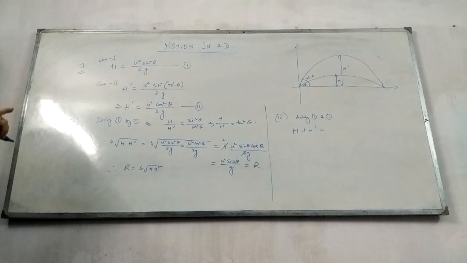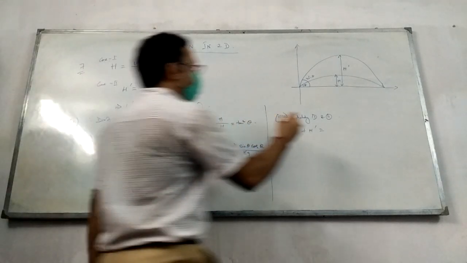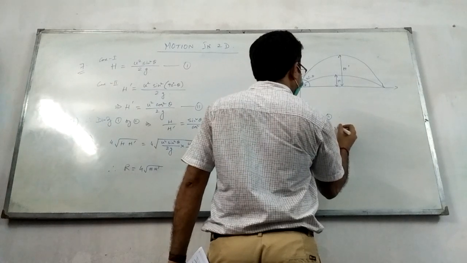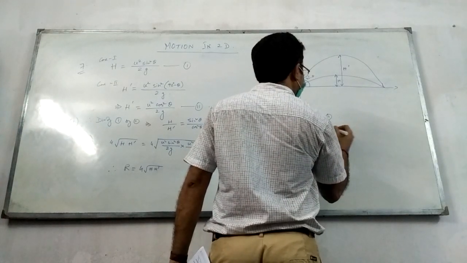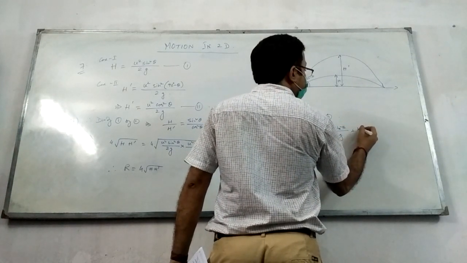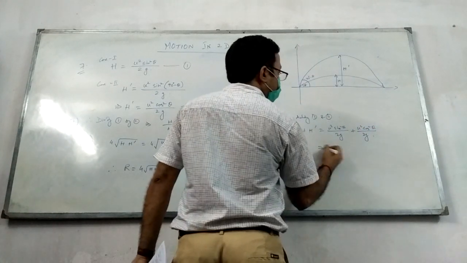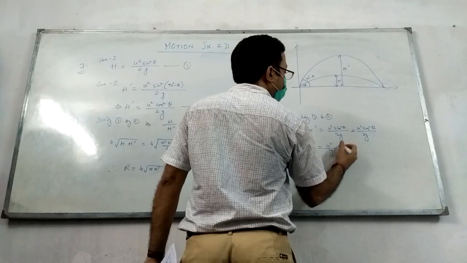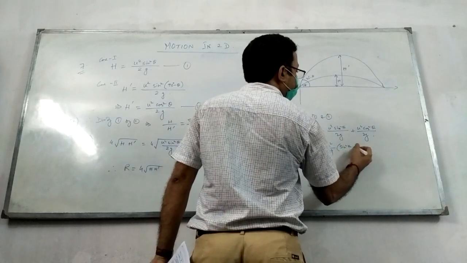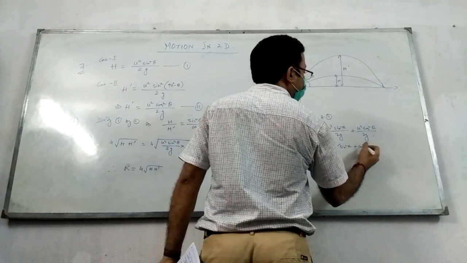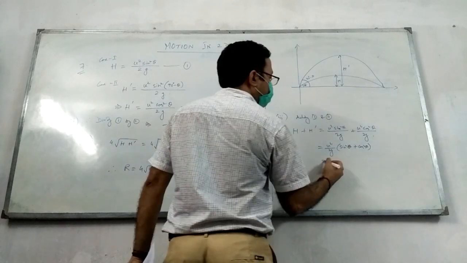Sin square theta plus cos square theta, so U square sin square theta by 2g plus U square cos square theta by 2g. So we can take U square by 2g common. Sin square theta plus cos square theta will be 1. So that is